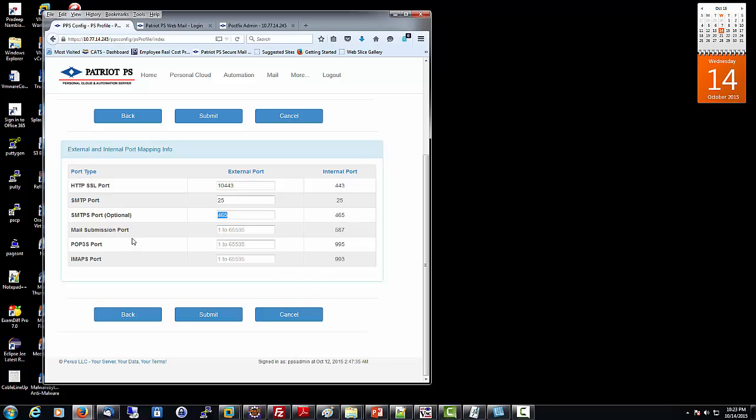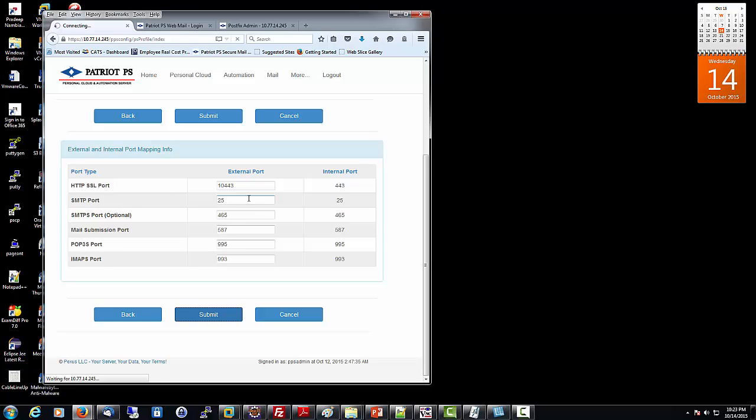The other three ports are the mail submission port used for sending emails from your mail client, the POP3S port for retrieving email, or if you choose to use the alternate protocol, the IMAPS port. These are something that you can either choose to have your own custom port for, or you could use the standard port. For now, I will use the standard port 587 for mail submission, and then 995 for the POP3 and 993 for the IMAP. So once you specify this information and submit, what your personal server would do is that it